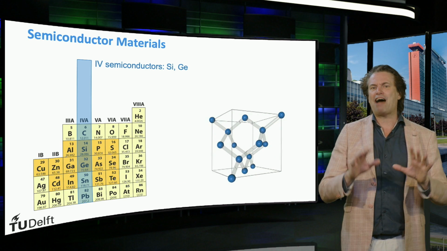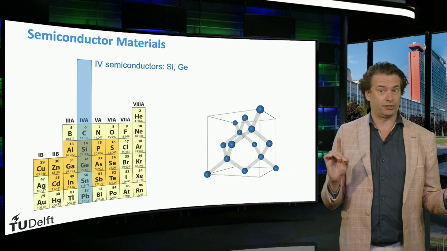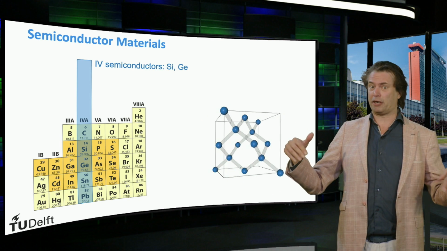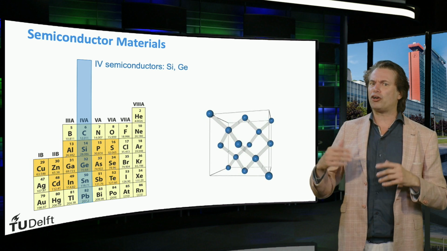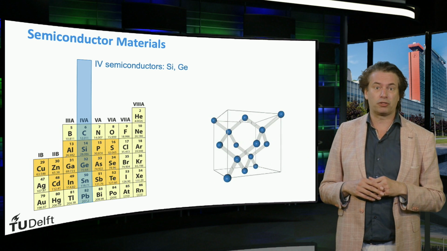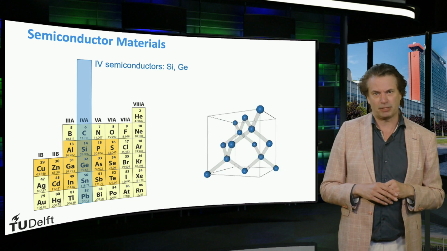So far, we have discussed the situation for silicon, which is an element with 4 valence electrons. In the next video, I will extend the molecular description of the band gap to other semiconductor materials like germanium, or 3-5 semiconductor materials like gallium arsenide, or 2-6 semiconductor materials like cadmium telluride.